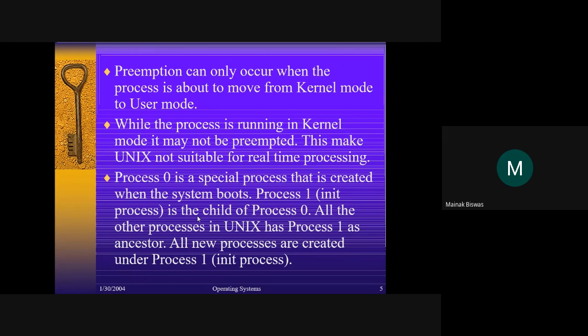So এই কারণে Unix is not suitable for real time processing. মানে কার্নেলে যে প্রসেসটা আছে, যদি তুমি কোনো ভাইরাস বানিয়েছো, যদিও ইউনিক্সকে ভাইরাস প্রুফ বলা হয়, তবুও যদি কোনো প্রসেস বানিয়ে থাকো যেটা শুধু কার্নেলে রান করতেই থাকবে, তখন কিন্তু অন্য কোনো প্রসেসকেও প্রিএম্পট করতে পারবে না। সেই কারণে ইউনিক্স ইজ নট সুটেবল ফর রিয়েল টাইম প্রসেস।